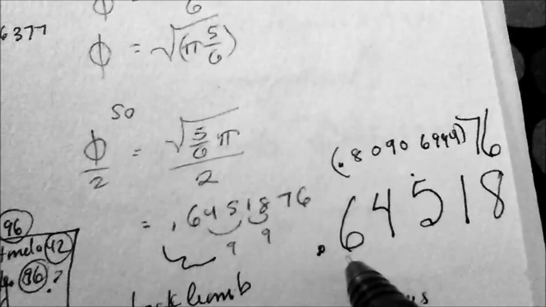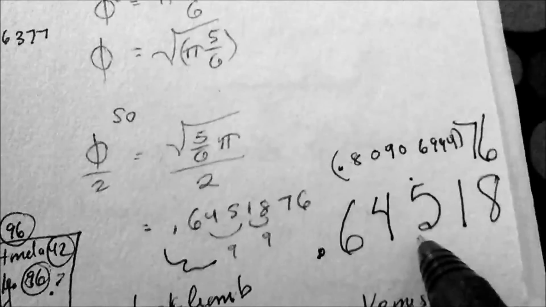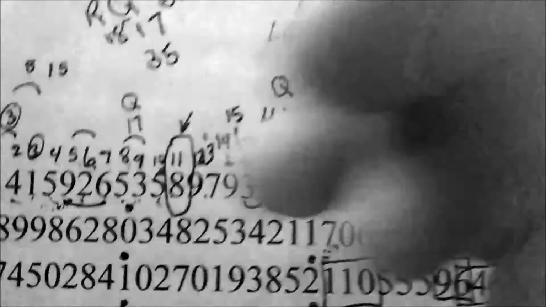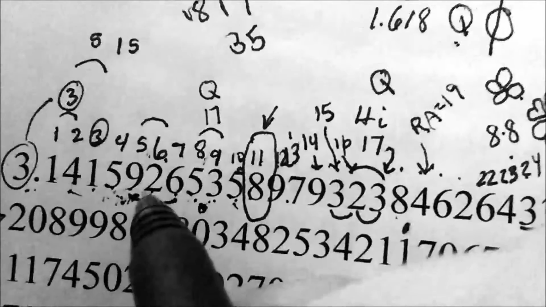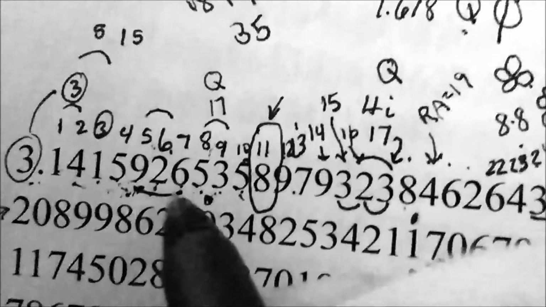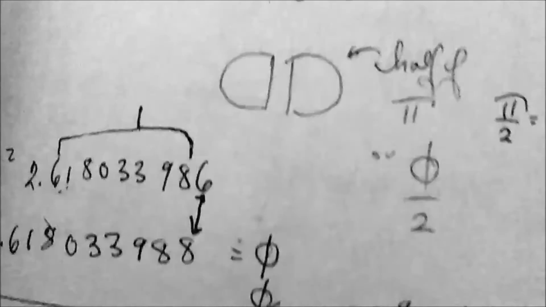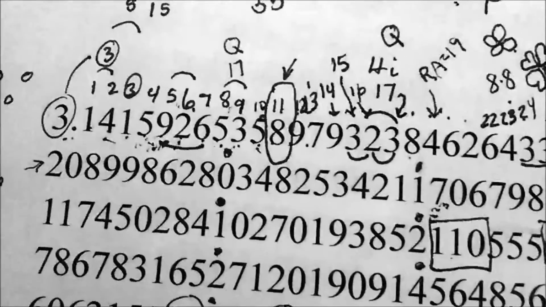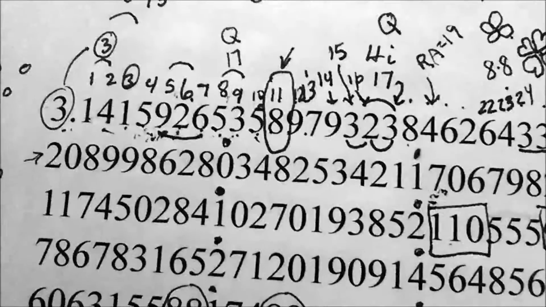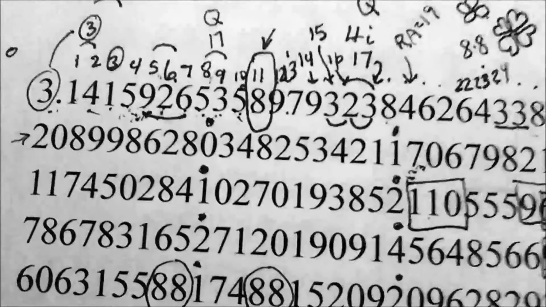for half of phi. This, again, is this number right here in the 76 placement code area of pi. No, it's not. It's right. Hold on. Let me find it. It's 645. This is the clock bomb number. Sorry, it's not that over. It's the clock bomb number, and it has to do